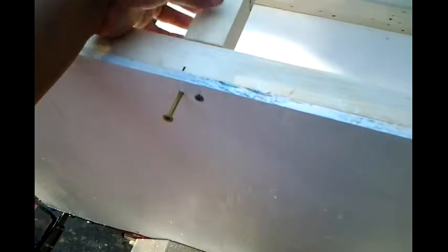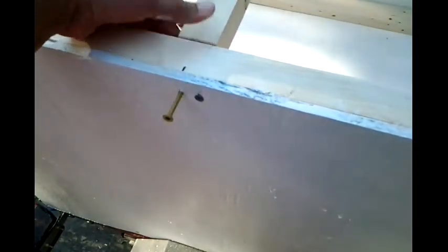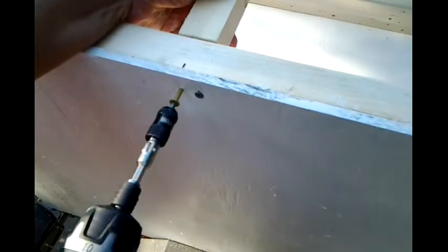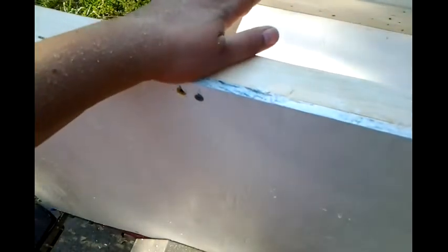And this is not in this piece yet. Let's see, it's wedged in there pretty tight, and that, whoops, all right. There we go. So if we need to take these off